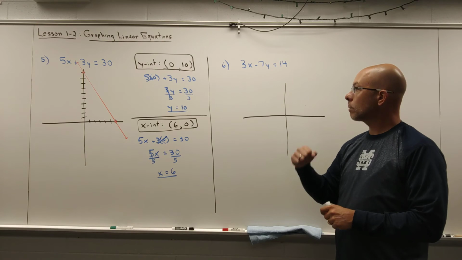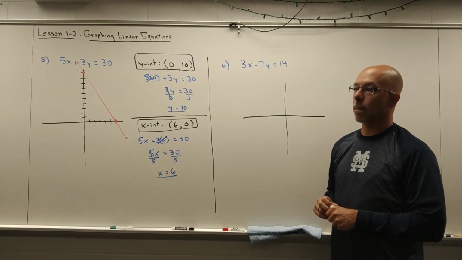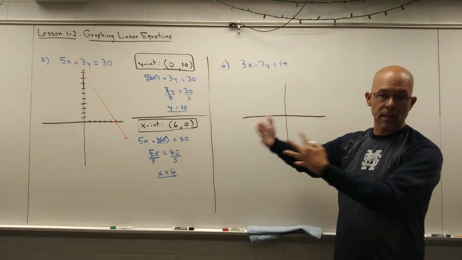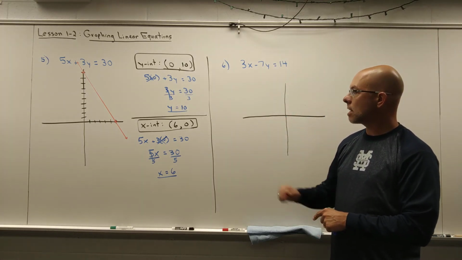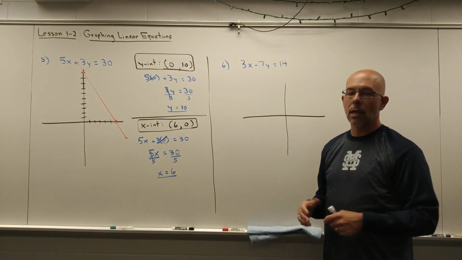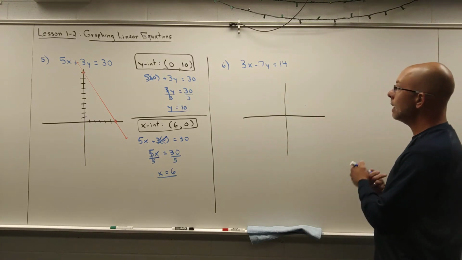3x minus 7y equals 14. Now I've added 2 minor difficulties to this question. One, I've thrown in a minus sign, which implies the 7 is minus 7. And secondly, you're going to see that the x and y intercept don't work out to whole numbers, both of them, and that's okay. They don't always work out perfectly, and we'll do our best. So I want you to think about